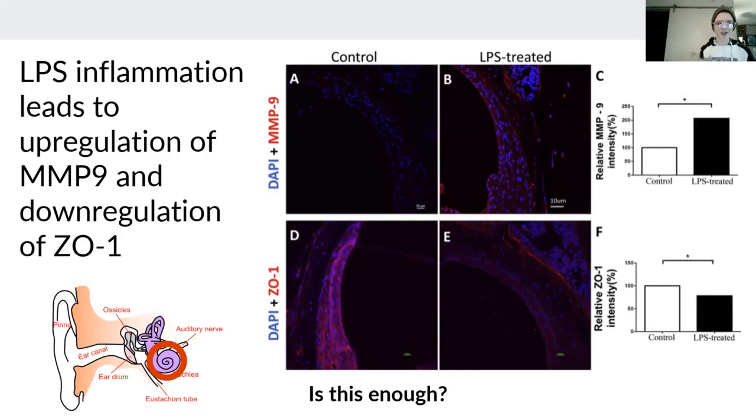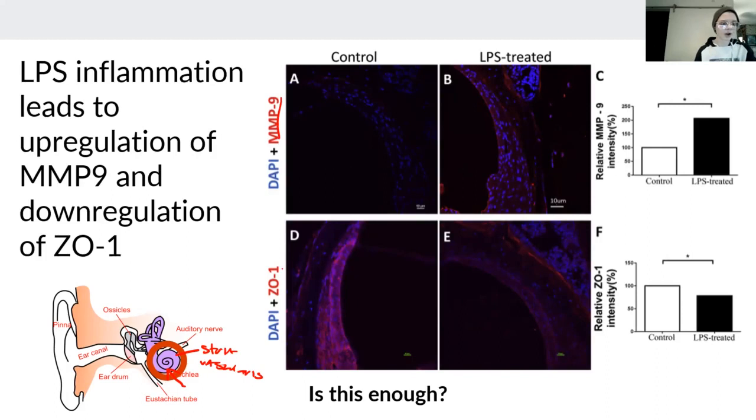And we have to implicate these two proteins we've been focusing on, MMP-9 and ZO-1. And so let's just take a look. Let's just remind ourselves real quick of where we are. This is the inner region of the cochlea right here, and we are still in that small structure called the stria vascularis, right? And so this is a close-up of some of these